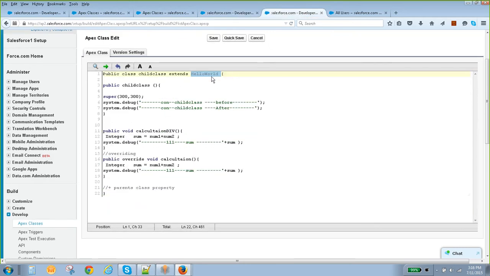If you are calling from a hello world object, then the hello world object is called new hello world. Then if you call that, it is basically calling the hello world method. If you are calling it from the child class object, then basically it is going to call the child class method. So we have to create an object of child class, then we call the method. Yeah, exactly. Clear? Okay.